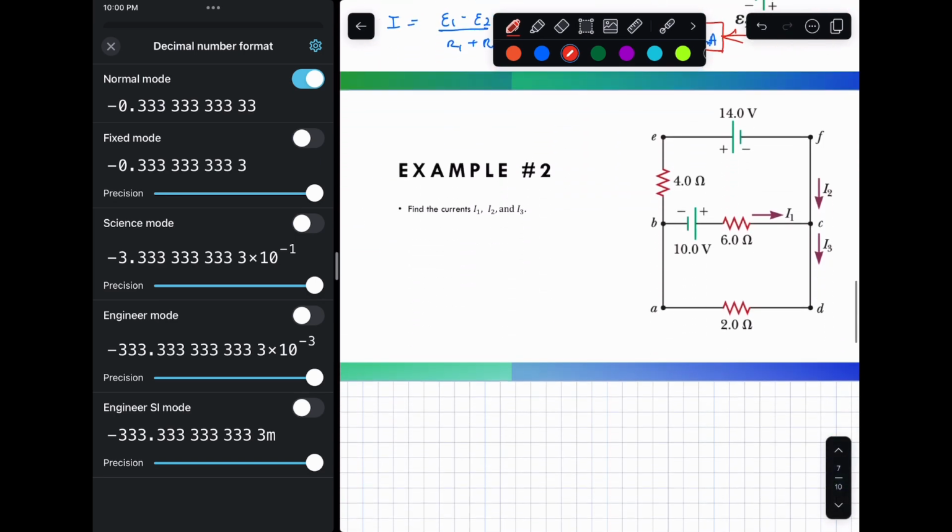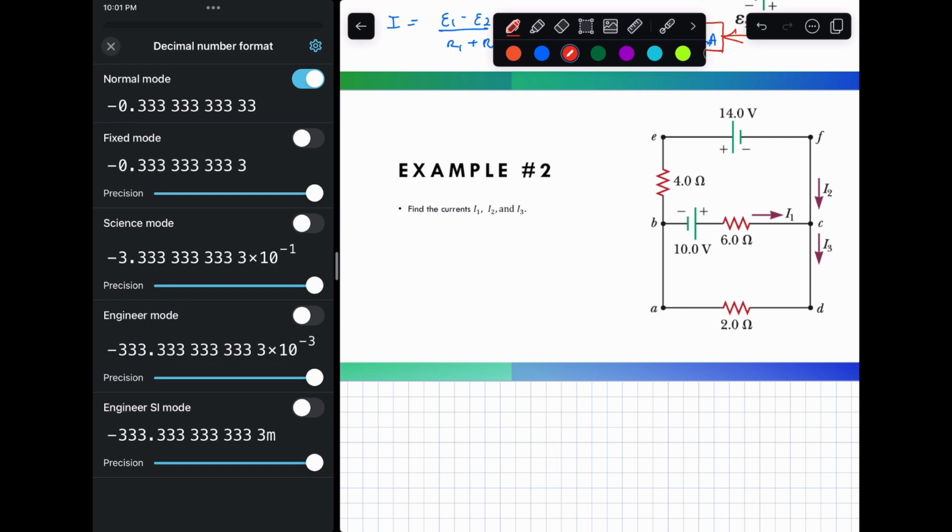Then for example number 2, we are to find the currents I1, I2, and I3. So in this case, there are 3 unknowns. So there are 3 currents: I1, I2, and I3. In algebra, whenever there are 3 unknowns, we need 3 equations for us to find the 3 unknowns. But take note that whenever we are creating our equations,